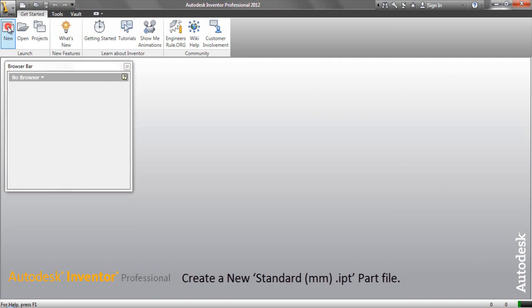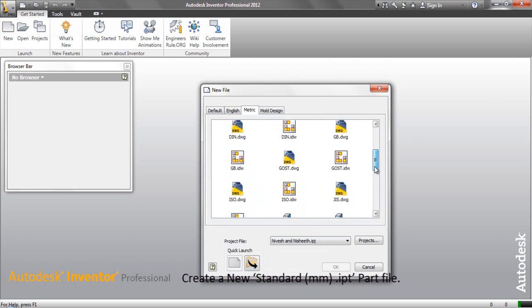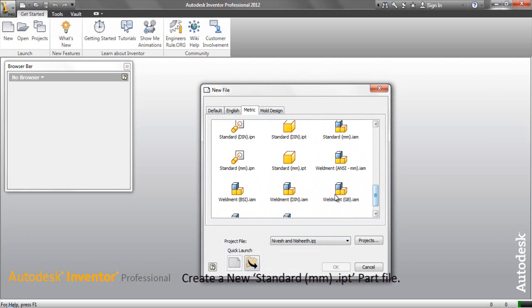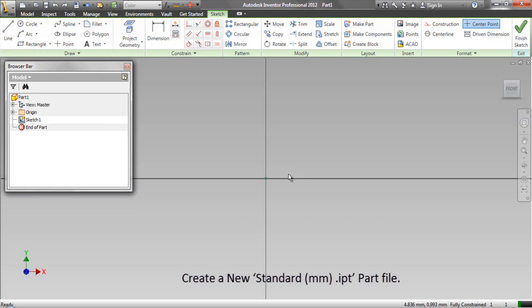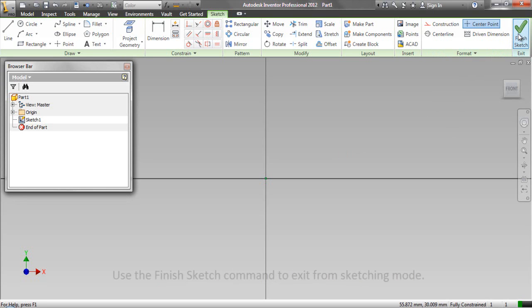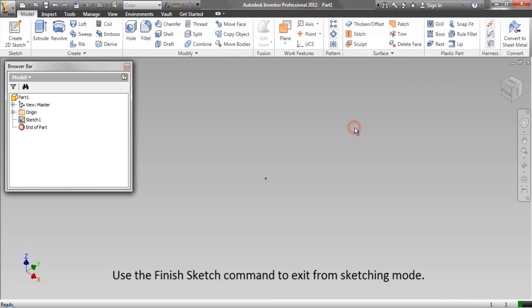Create a new standard part file. At present, Sketch 1 is active by default. Use the Finish Sketch command to exit from sketching mode.